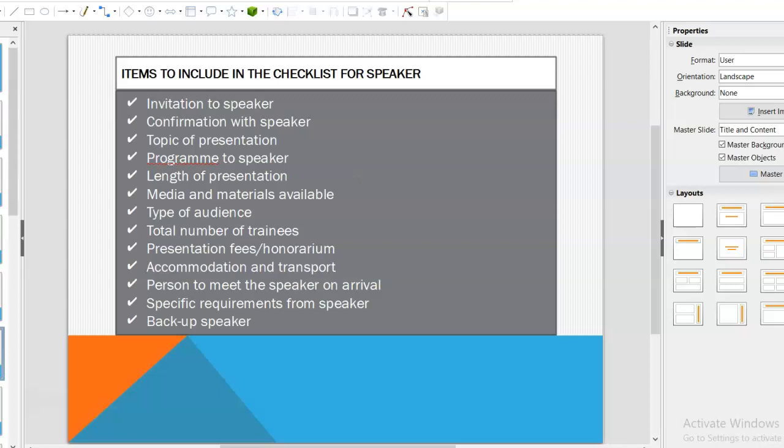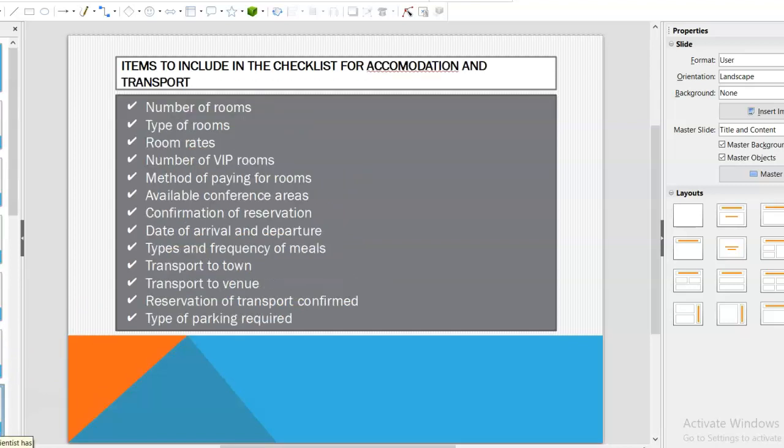You should prepare yourself in case the speaker perhaps does not pitch or does not come, or at the last minute they ask to be excused. Who is prepared to be able to become a backup speaker? You should be aware of those. Let's go to the next one, which is